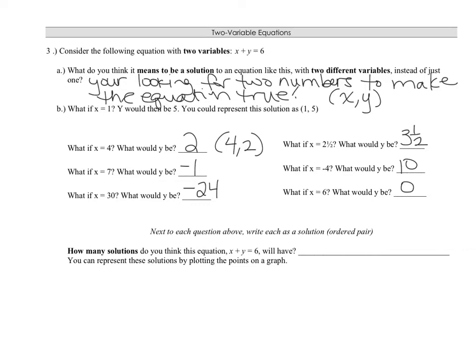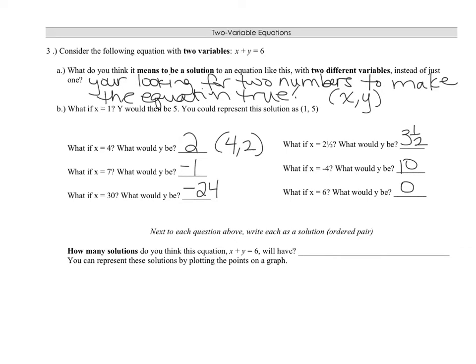And so you would write your answer as an ordered pair. Remember, the first number is x and the second number is y. There has to be a comma in between it with parentheses around it. So for example, if x is 1, y would have to be 5, because 1 plus 5 will equal 6, right? So if x was 4, y would be 2, and you could represent that solution as an ordered pair